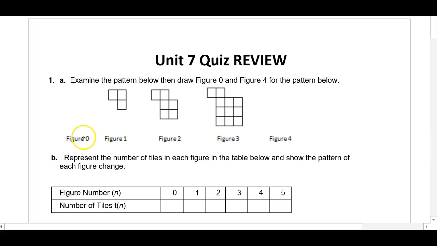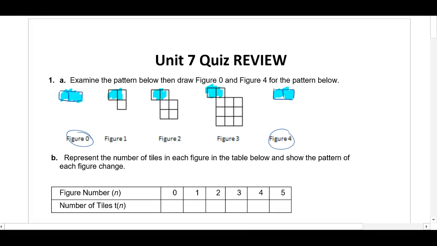Okay, first of all, the first one you're going to need to find figure 0 and figure 4. Now remember, we want to recognize what part of the graphs or what part of these pictures are the same. Here I see that these two blocks are the same for every picture. So I know for sure that every one of these pictures is going to have that. So I can just draw that in. Now I'll highlight that blue just to show that, hey, that's going to be the same on every single one